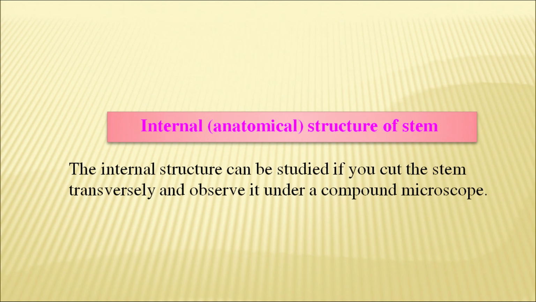Now, since we understand that the stem and the roots are quite different from each other, their structure and functions correlate. Whatever structure the stem bears has its own purpose and function. There is always this kind of relationship in most living organisms. Plants are also living, and they have this structure and function relationship. So, the internal structure of the stem can be studied if we cut the stem transversely and observe it under